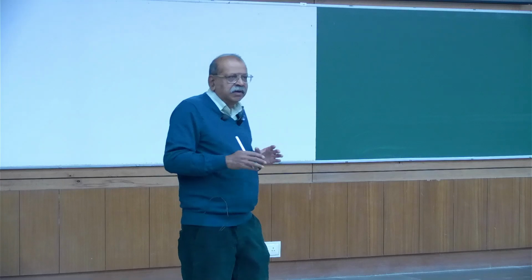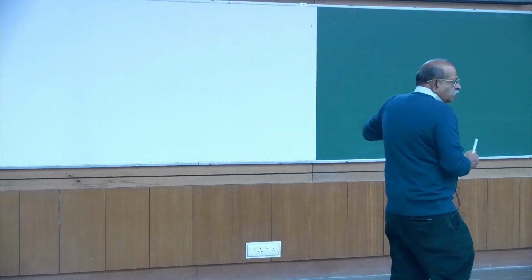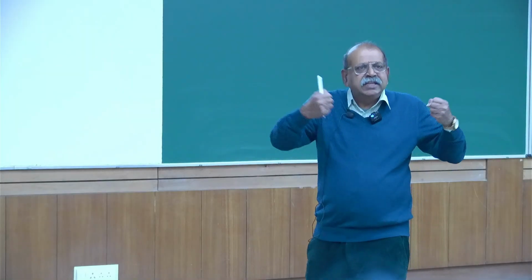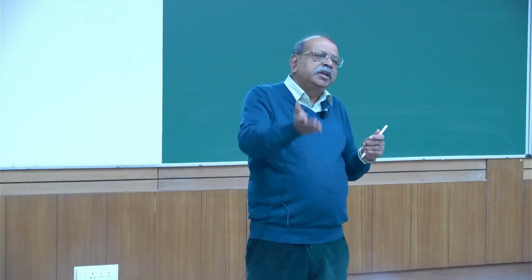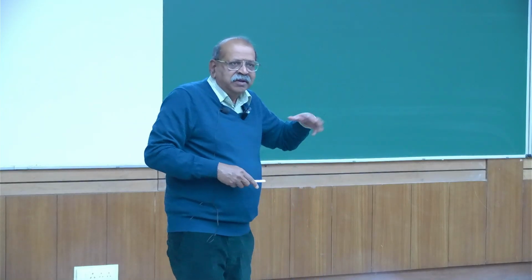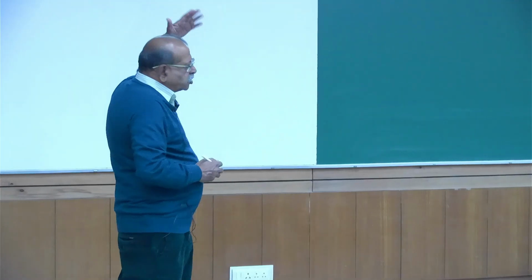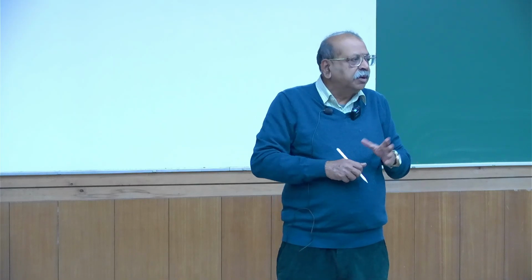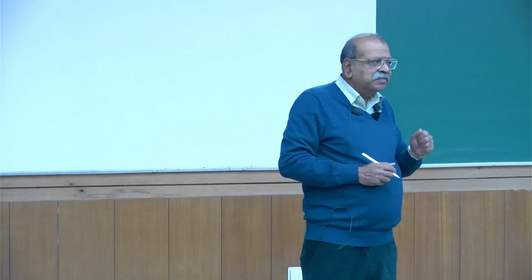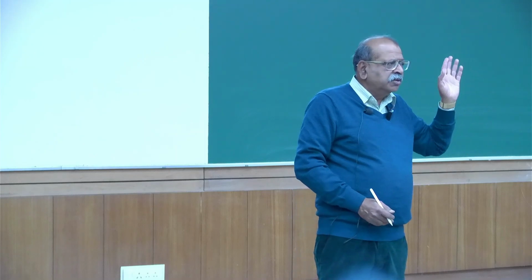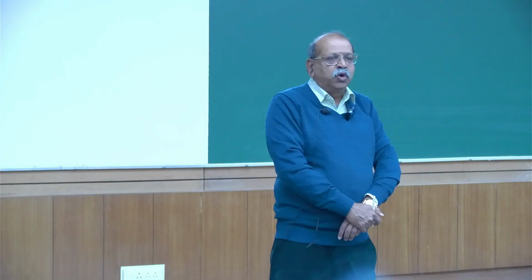Is that fine? In fact, one of the reasons why I did Mohr circle, which is chapter 7, earlier was to show you that any state of stress also leads to shear stresses at a different angle. So that is why we did this at the start itself, just so that now when I plot any loading, you should be able to get the Mohr circle. Now, what will be the maximum shear stress for this type of loading?